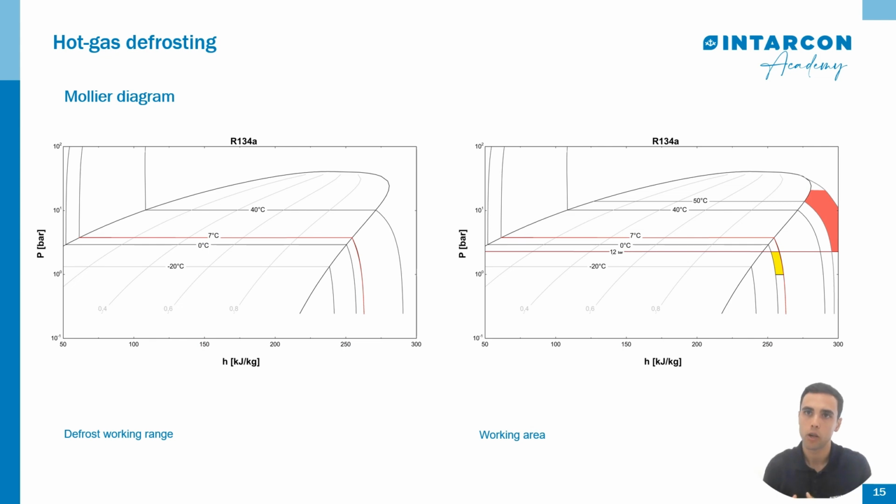For effective hot gas defrost, it's crucial to set the right operating conditions. We need the temperature in the evaporator to be above 0 degrees to melt the ice. To guarantee this process, we consider a temperature of about 7 degrees in the evaporator. This is this line. It must be located inside the compressor envelope and at a temperature at least to the right of the 0 degrees isotherm, allowing the ice to melt effectively. This is the zone in yellow.